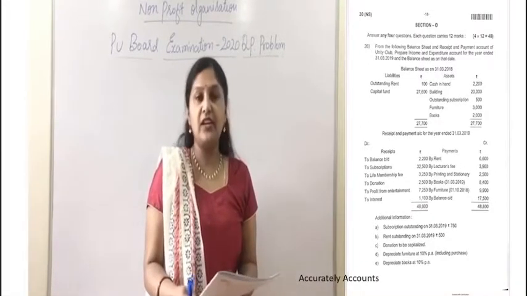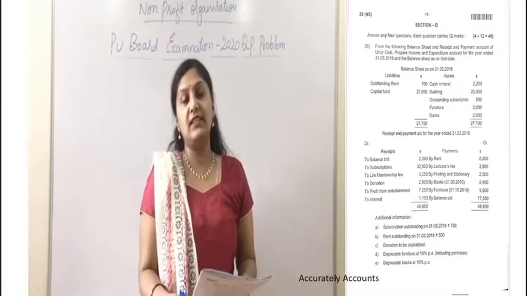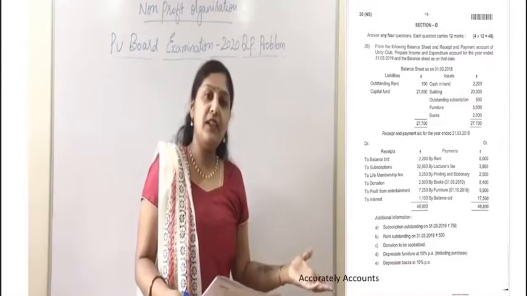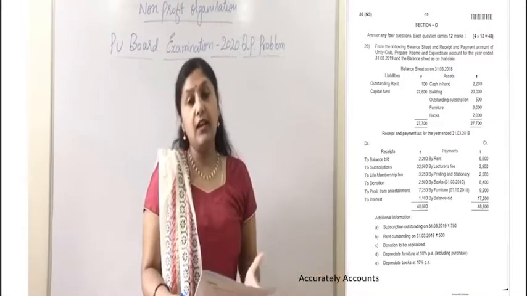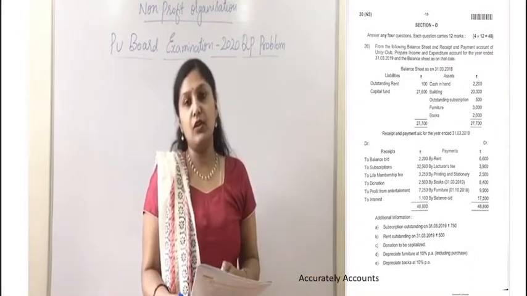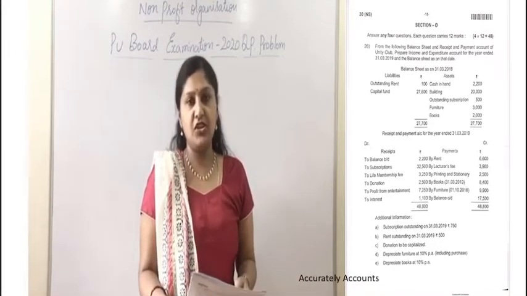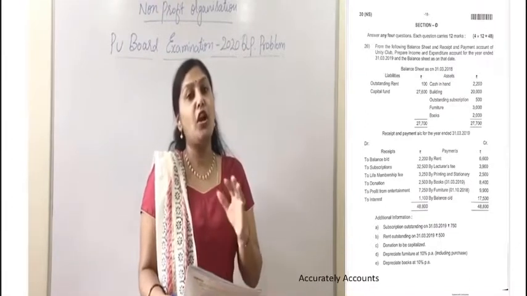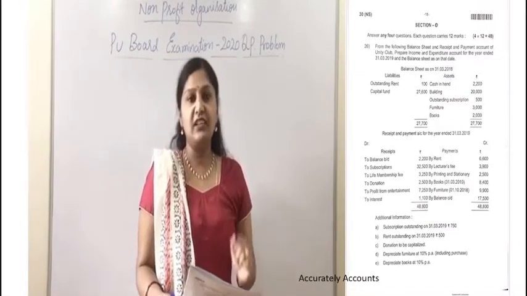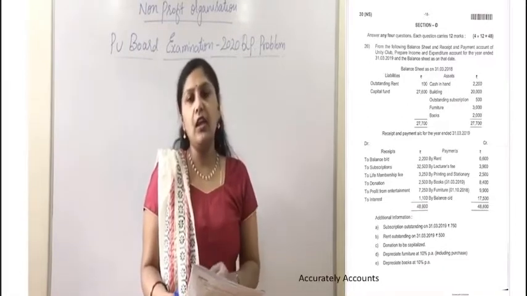Depreciate furniture at 10% per annum, and within the bracket we can find that including purchases. So here the opening balance of furniture is given, and along with that the new purchases are also given to us. So we need to treat both for calculation of depreciation. On the opening balance, for the complete year we need to charge the depreciation. On new purchases we have to take the time factor. Based on the date of purchase of furniture we need to calculate the depreciation.